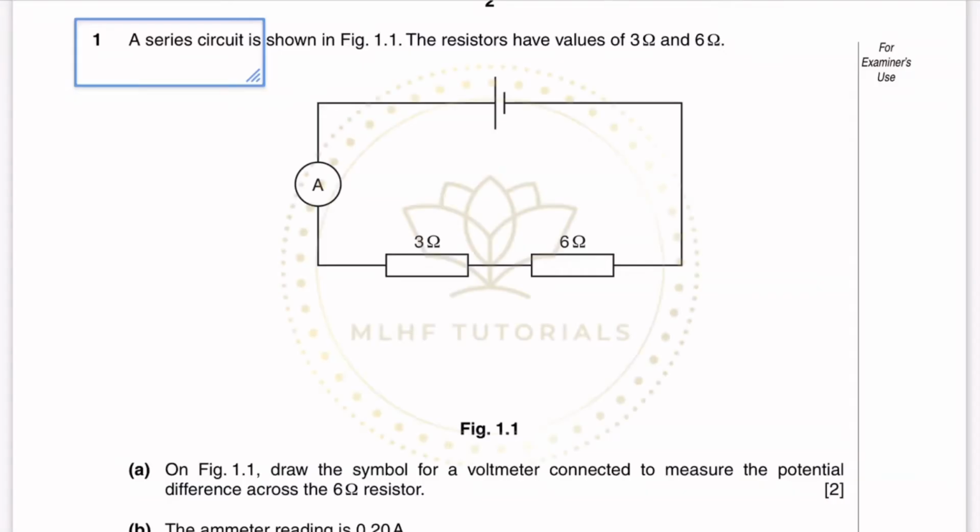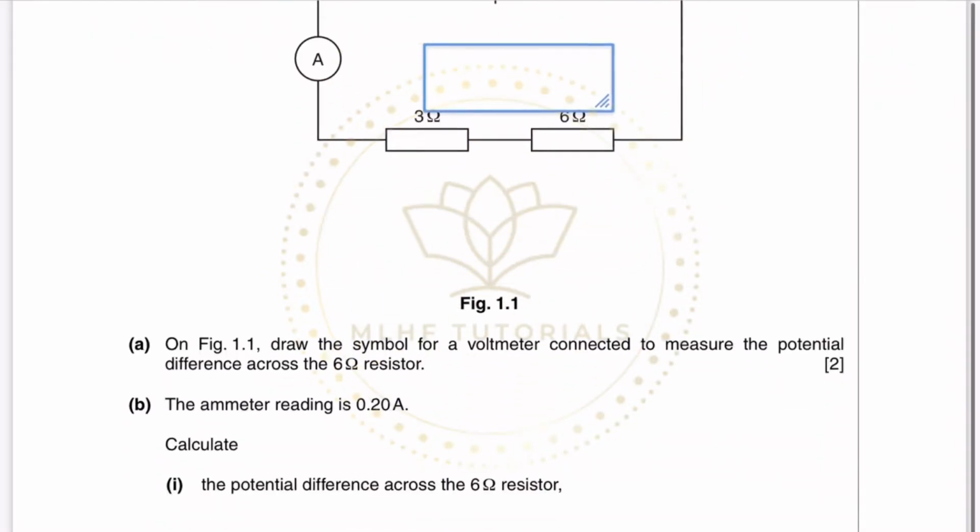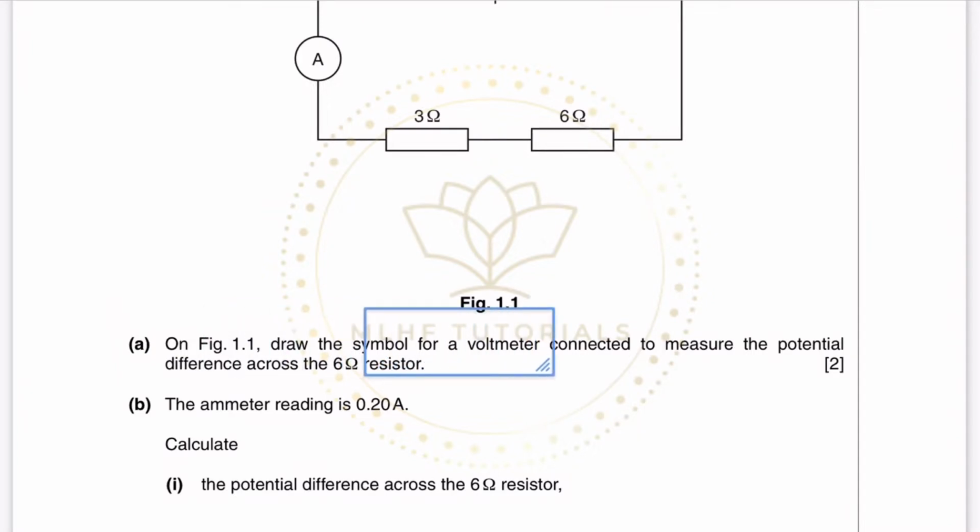Question 1. A series circuit is shown in figure 1.1. The resistors have values of 3 ohms and 6 ohms. Part A. On figure 1.1, draw the symbol for a voltmeter connected to measure the